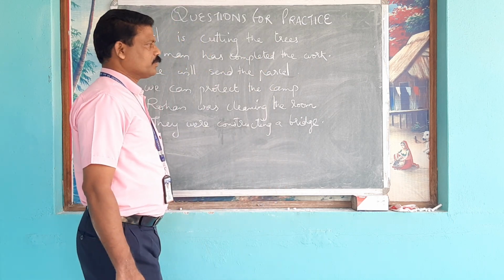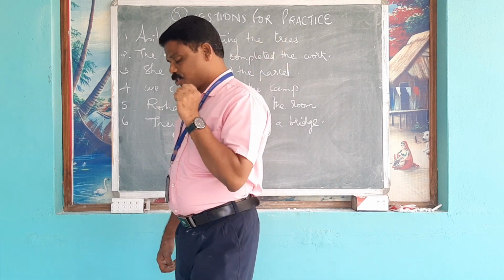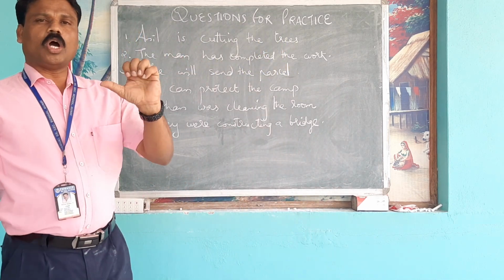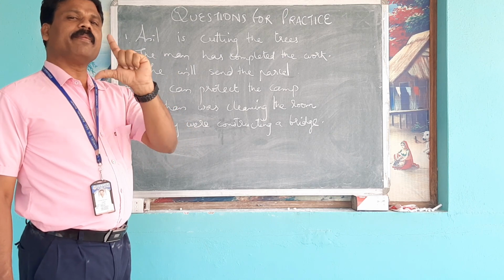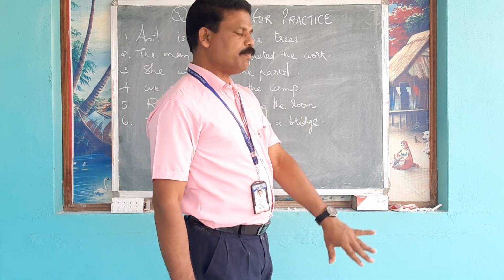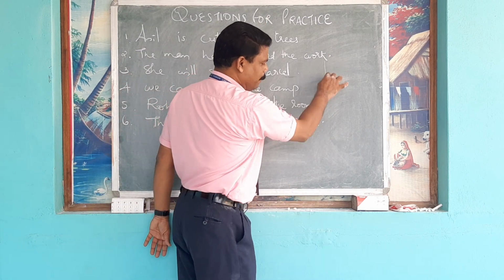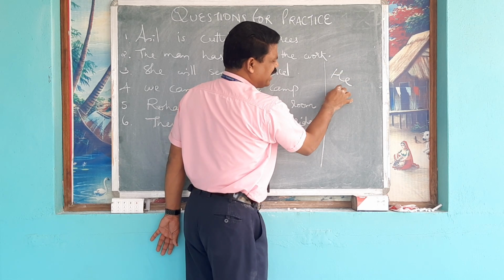Then, the first rule we have discussed. Object plus auxiliary verb plus be, being, been plus third verb plus by plus subject. For example, he is